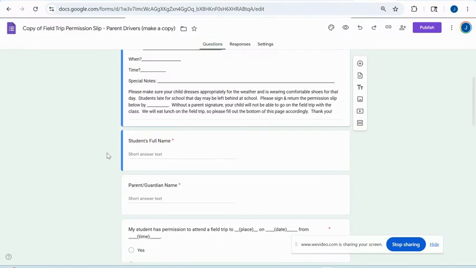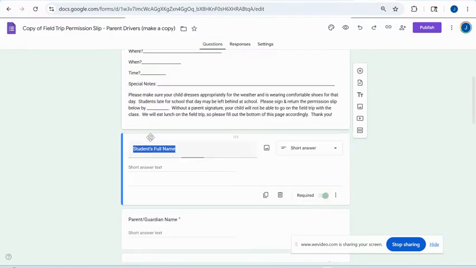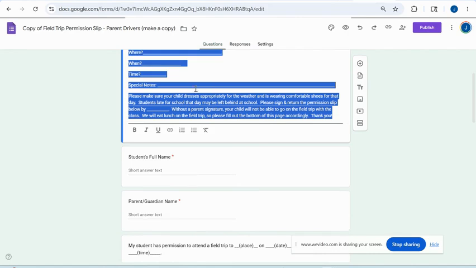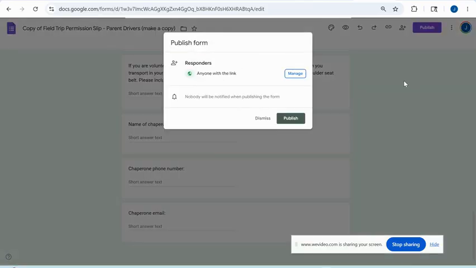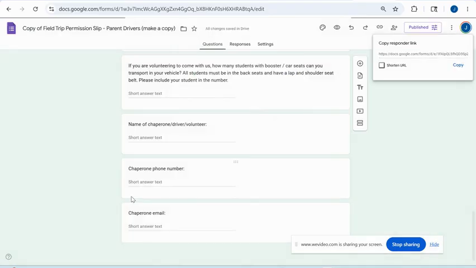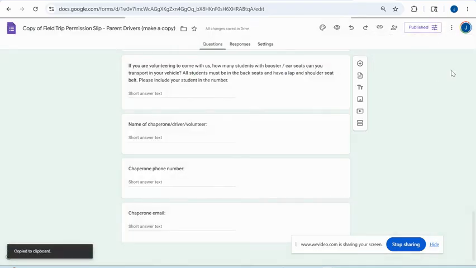And then you'll add in your information as needed. All these areas are editable, so make changes as you need to. Once all the changes are made, you'll click publish. And make sure anyone with a link can view it. And then you'll click publish again. And then you can copy this link, and this is the link that you'll send to